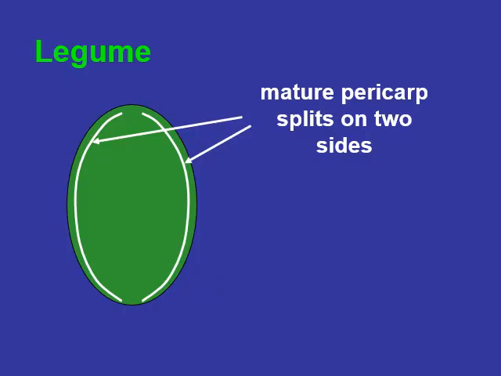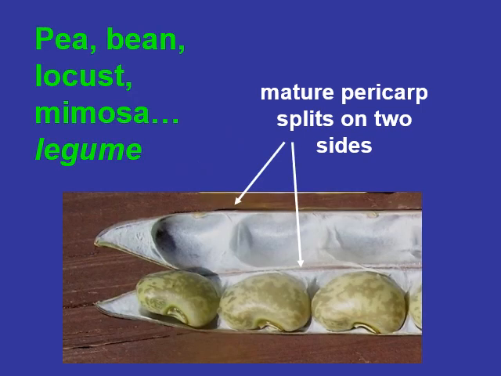Okay, one of my favorites again, a legume. And we've mentioned this before. If something splits on two sides to let the seeds out, you have a legume. So the mature pericarp splits open. You can't really make out the endo, meso, or exo on this one. And this is your typical pod. So a pea, bean, locust tree, mimosa, all legumes do this. So if you see a pod growing on a tree that opens on two sides, you know which family it's in. It's in the legume family, and you know the type of fruit it produces,